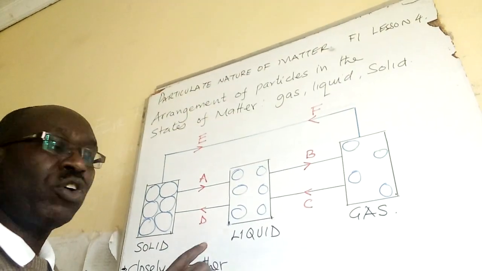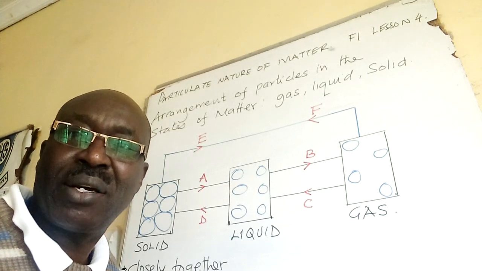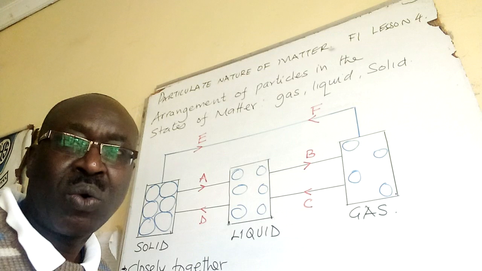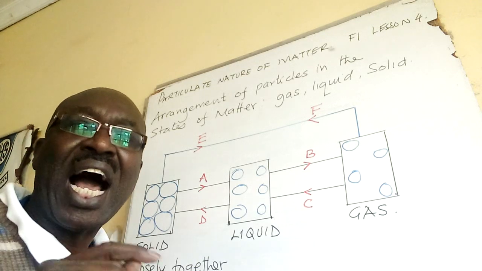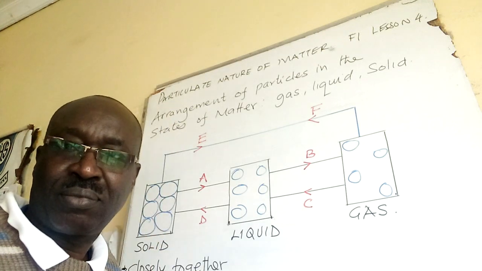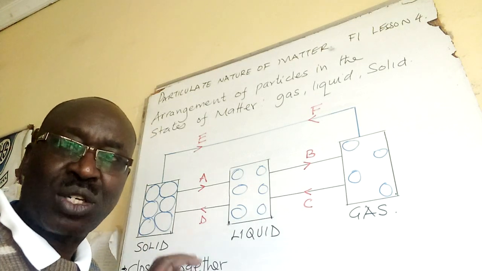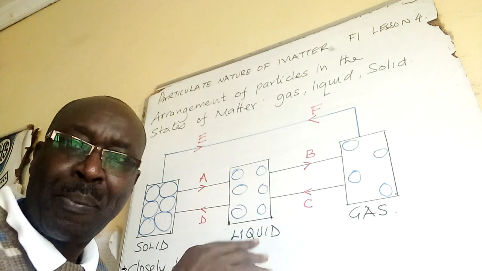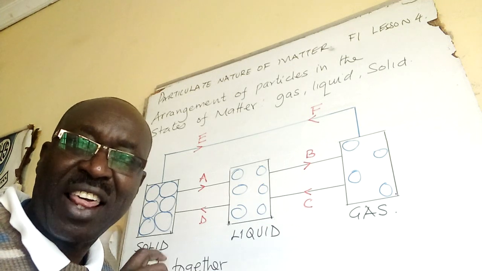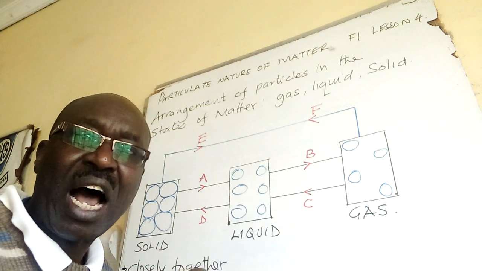Now, if you come to liquid state, the particles exhibit Brownian motion. They exhibit Brownian motion. What do I mean? They are not fixed. The molecules there are not fixed. The molecules there are free to move. That's why you can see they are apart. What about in gaseous state? They are also free to move, and they are further apart